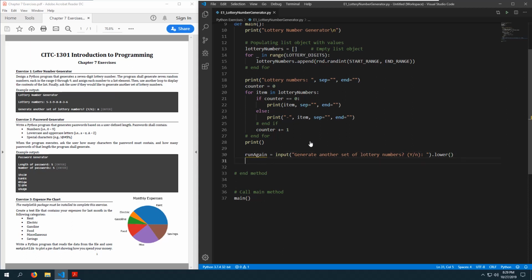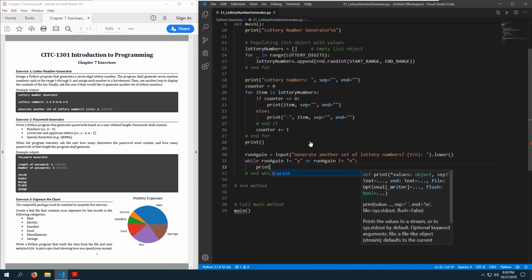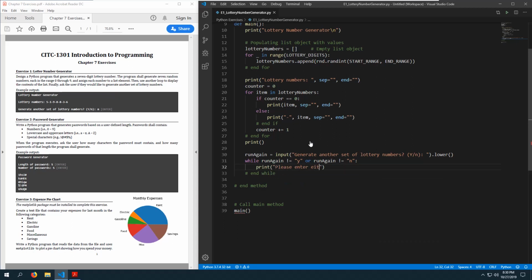and we will use the lower function to force whatever they enter into lowercase, and we'll do while run_again does not equal lowercase y, or does not equal lowercase n. Oh, sorry, while run_again does not equal lowercase n, we'll tell them please enter either y,